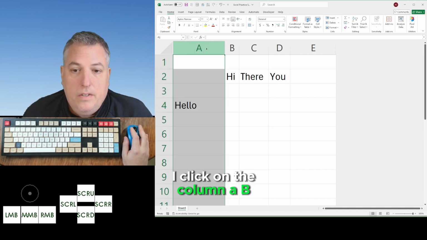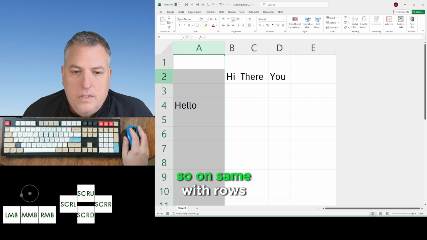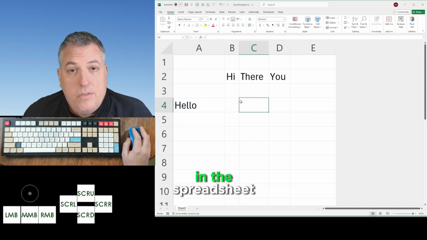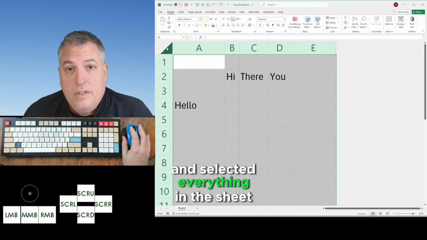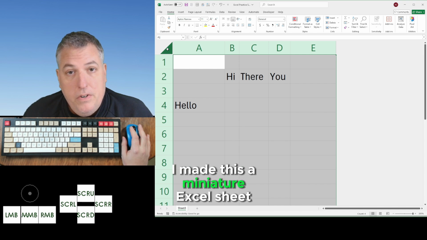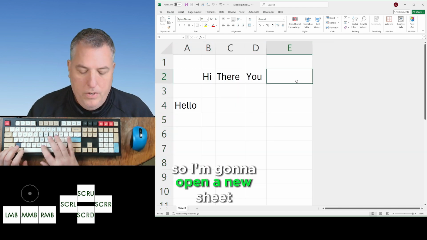Same with rows. If I want to select everything in the spreadsheet, I can go to this corner here and click. It selected everything in the sheet. Like I said earlier, I made this a miniature Excel sheet. So I'm going to open a new sheet